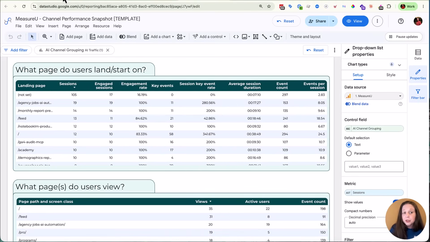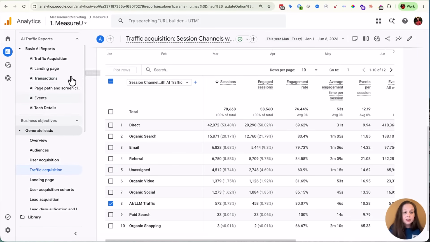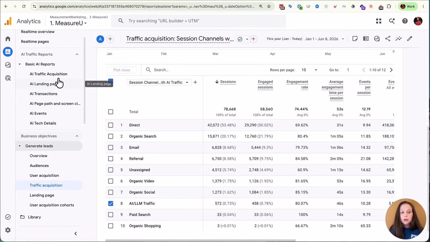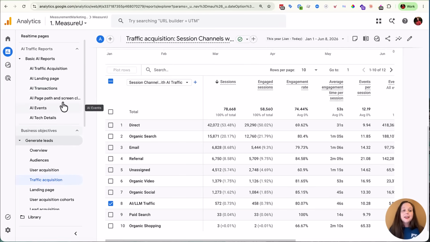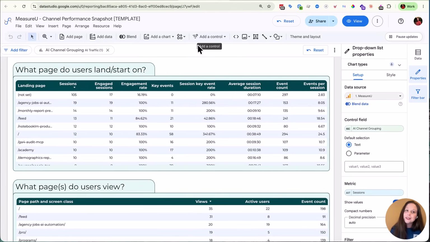So when we were going through the course, we were talking about all the main questions that someone might have, like what page are they starting on? Where is the revenue? What pages are they seeing? What else are they doing? What tech are they using? That type of stuff. So as we're going through the course and thinking through those questions, we built our template to answer the same questions.